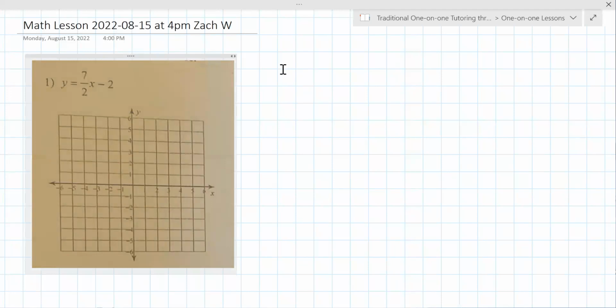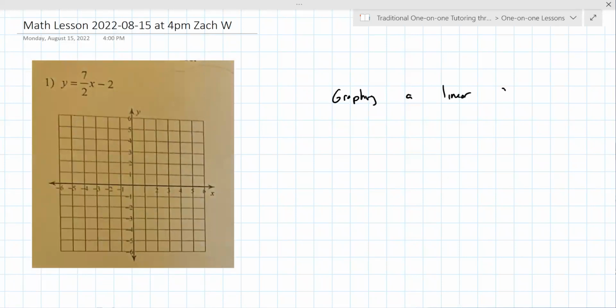So this is the first graphing problem. Is this what you're referring to, graphing these sort of things, or something else? Yeah, those are a pretty good example. Okay, so we'll start with graphing a linear function